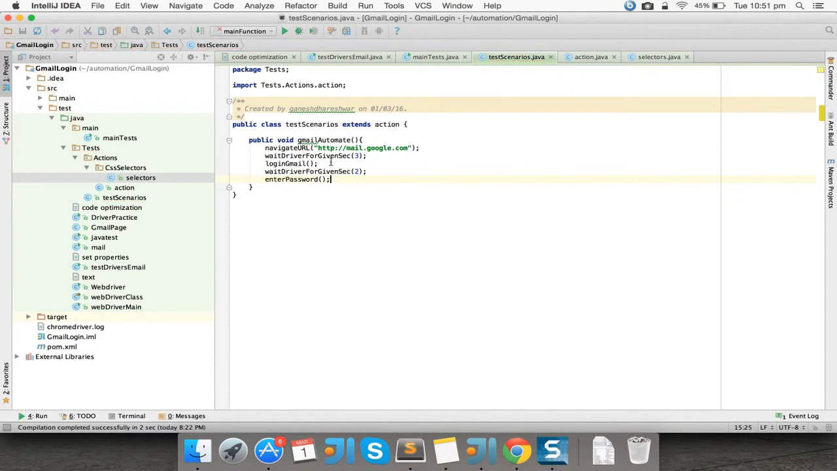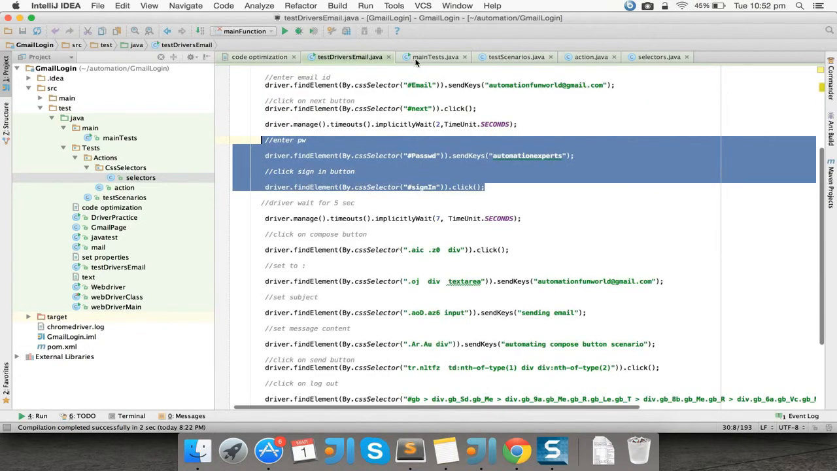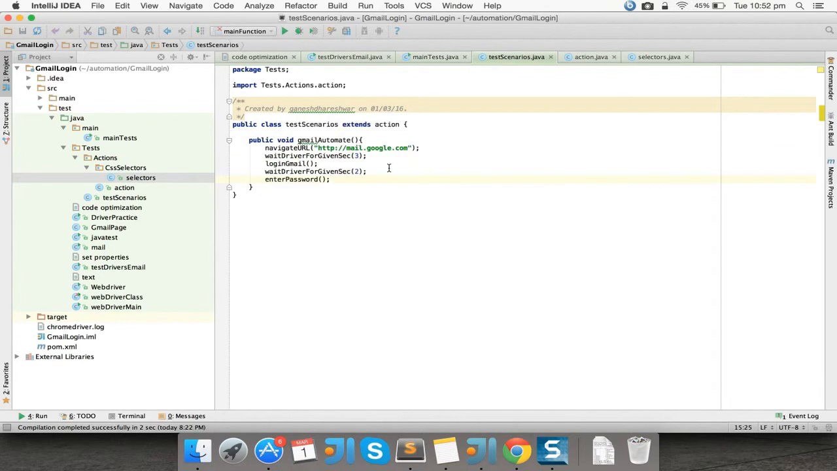Now we are done with navigating a URL, waiting for the driver to wait for 3 seconds. If you just go through these words itself, you can understand what these codes do exactly. So while giving a method's name, please give it in such a way that just by reading we will understand the purpose of this function. And I'm entering a password, and once I enter a password, waiting for 7 seconds. Okay, wait for 7 seconds, and once that is done,